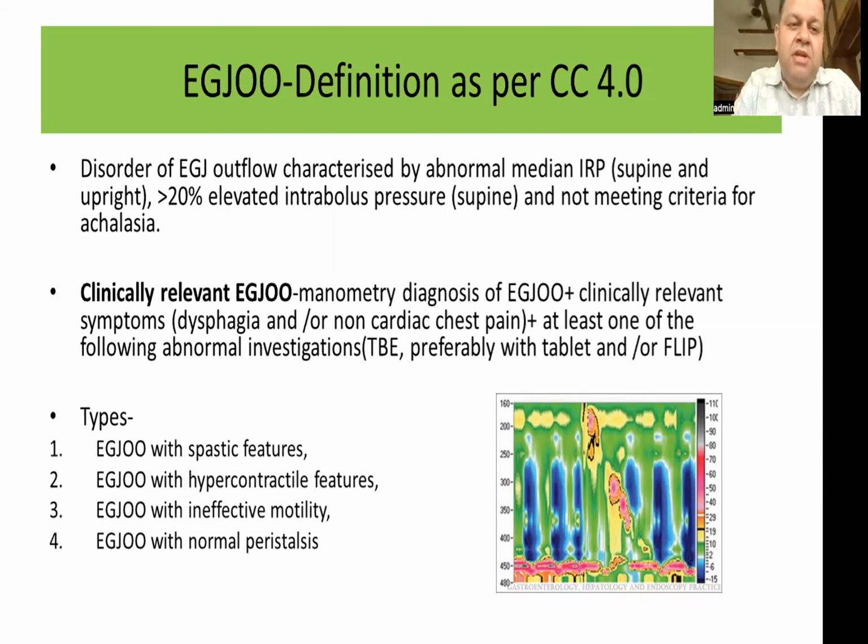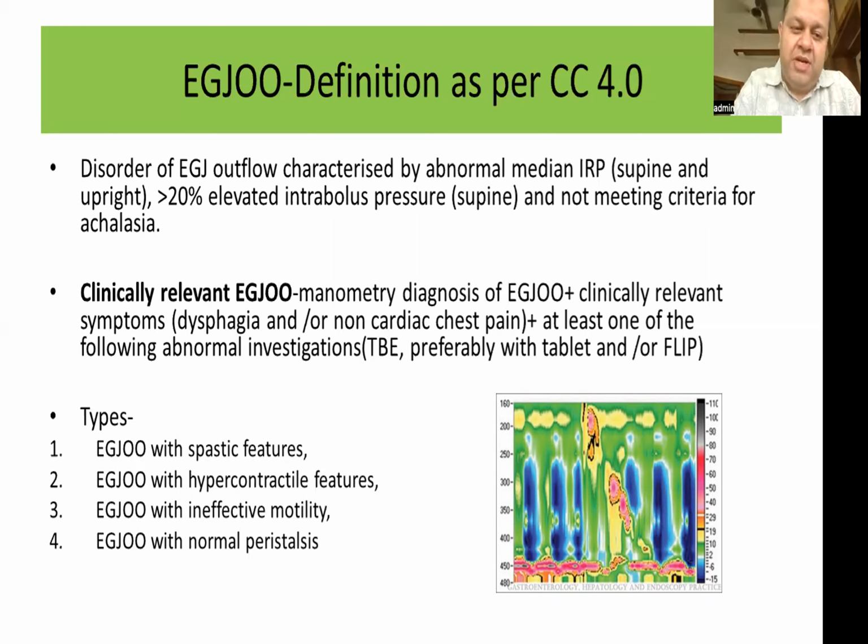When these manometric abnormalities are associated with clinically relevant symptoms, mainly dysphagia and/or non-cardiac chest pain, and at least one of the following abnormal investigations, that is timed barium esophagogram or FLIP, then we label it as clinically relevant